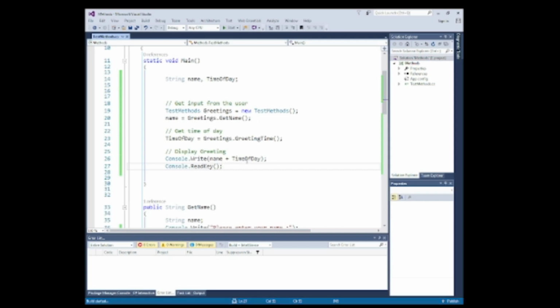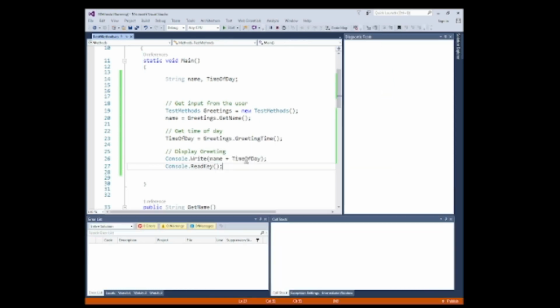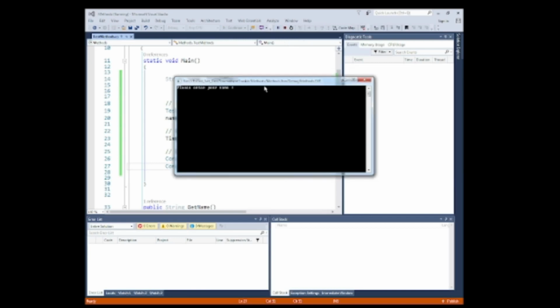F5 to run. C# is prompting us for a name, and it's still TechLife. If I hit return, it wants us to enter a time. I'm going to say 10:20 in the morning. Okay, so it said TechLife, good morning, which is correct, but it hasn't left a space between TechLife